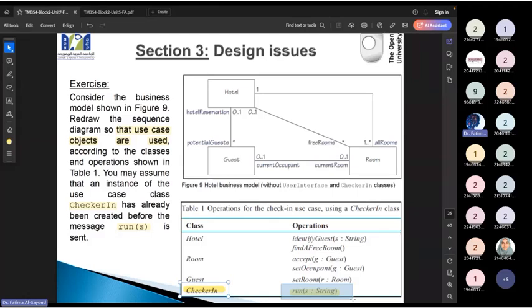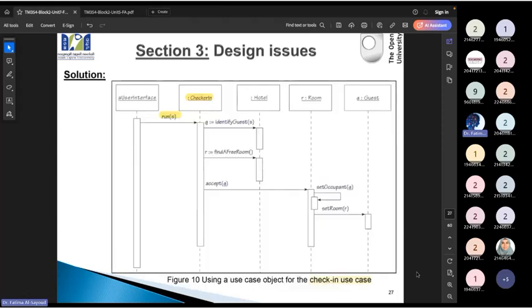Okay, based on this explanation, which strategies are we using to send the first message? We said the first message always comes from the user interface. We are talking about the 3 strategies of who it is going to send to. Which strategy are we using in this exercise? Exactly, it's use case classes. How did we know? Because we assume that we are creating a class for a use case, that means we are using a use case as a class.